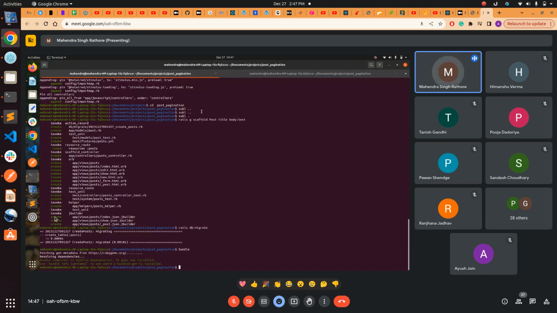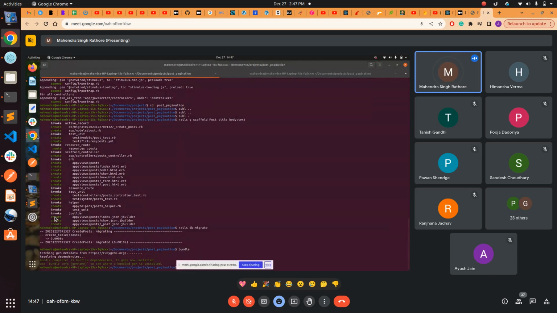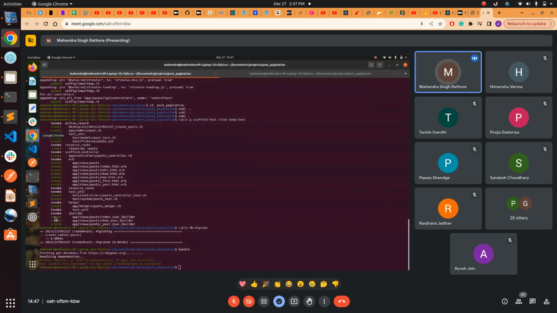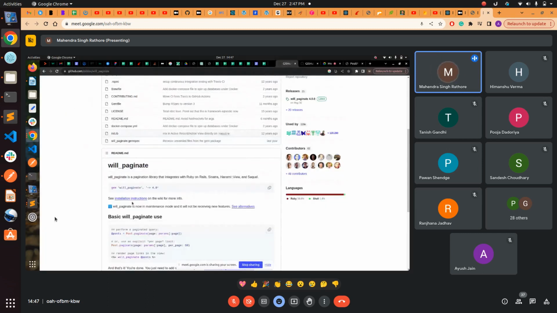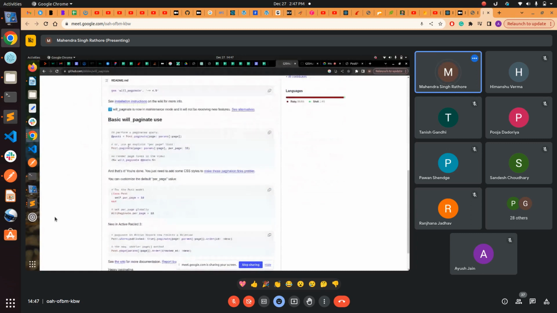Now I just need to follow the documentation also. And we can also observe the whole will_paginate documentation here, which part we have to use and which part we should ignore for now. Okay. Just you need to understand what the basic will_paginate usage is. Okay. So यहाँ पे आप अगर देखा जाए तो